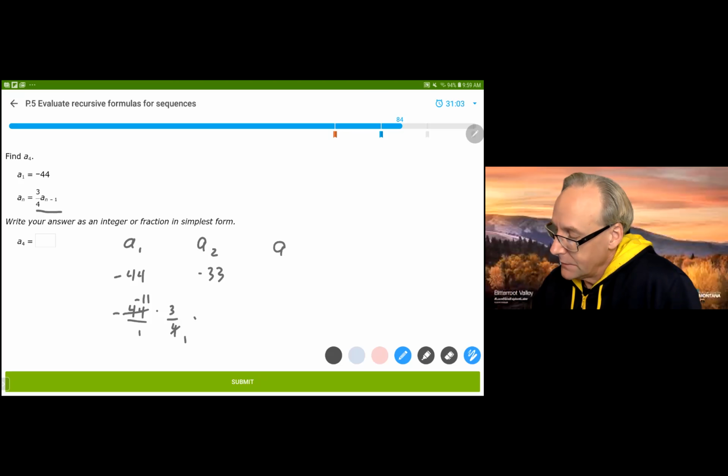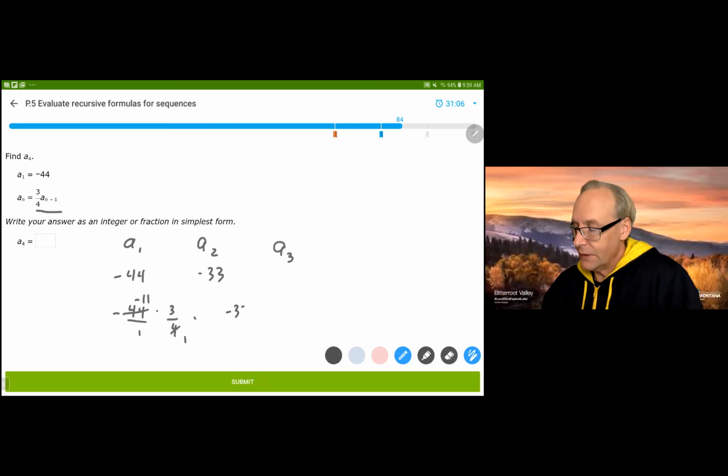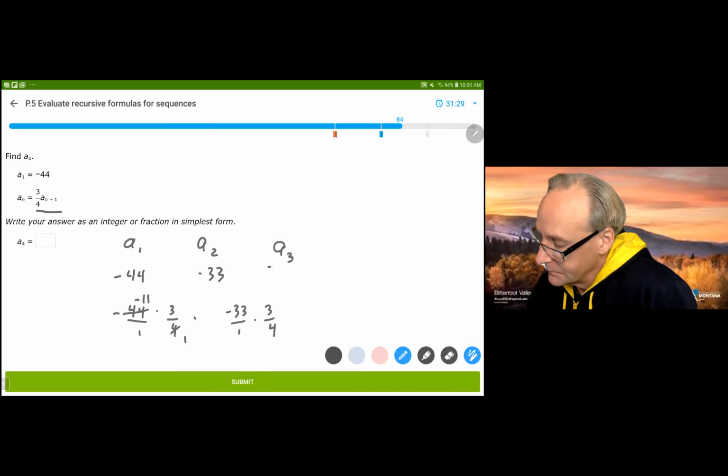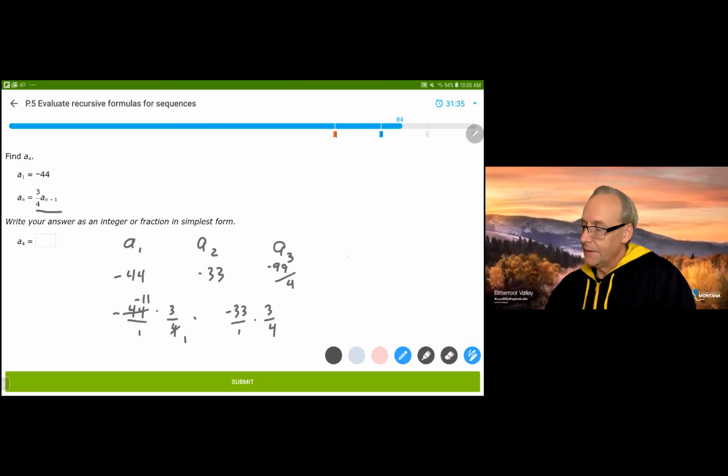All right, so A3 is going to be -33 over 1, but I'm going to multiply that by 3/4. Now for the bad news, 4 does not go into -33 evenly. It goes in -8.25. Now I could multiply that by 3, and I would get an answer, -24.75. But you just want to use the fraction. It's -99 over 4. It's fine. Don't freak out. The next one, I'm just multiplying the numerators and the denominators. There's no simplifying this. 4 is just 2 times 2, and there's no 2's that are going to go into